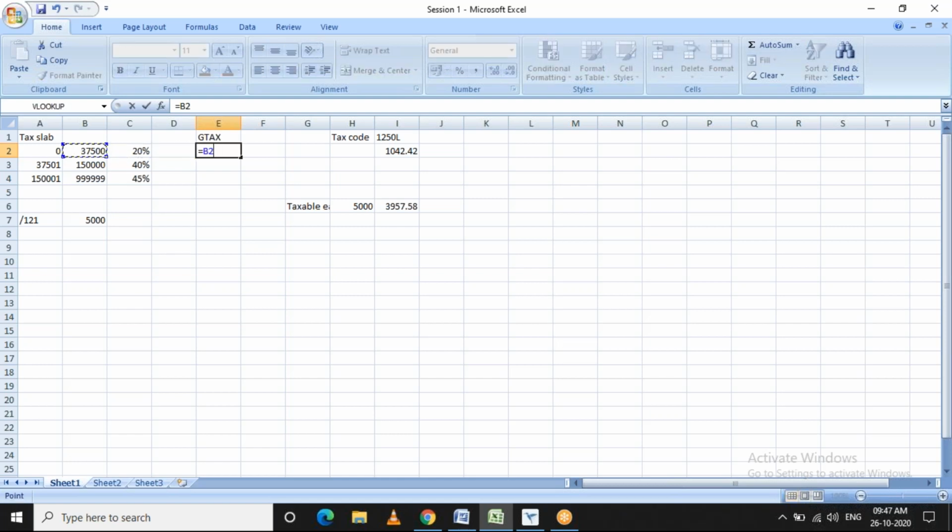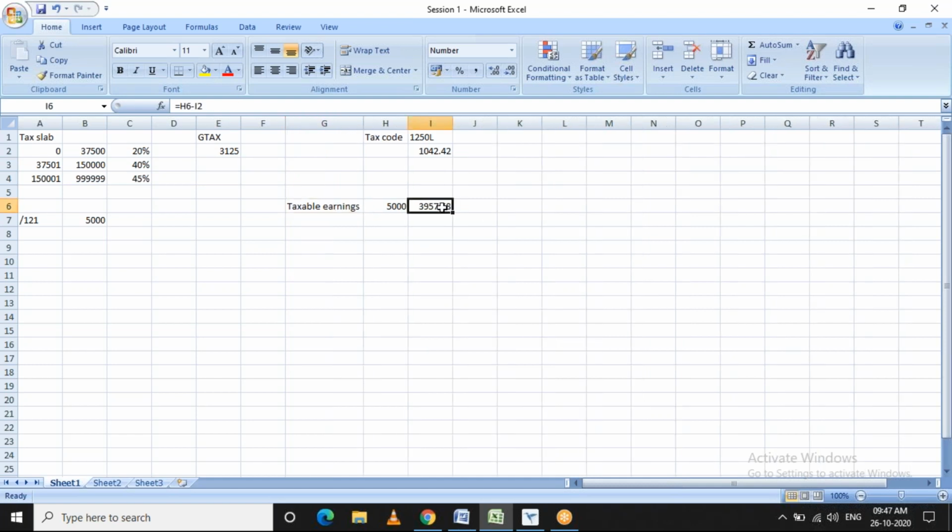This is divided by the payroll period frequencies, and then the tax is applied. After reducing the allowances, our taxable earnings has become 3,957.